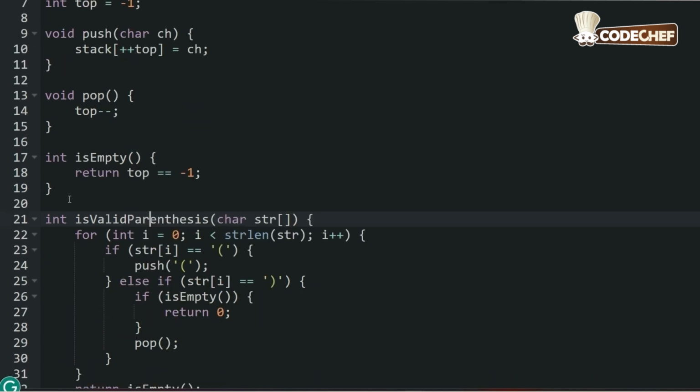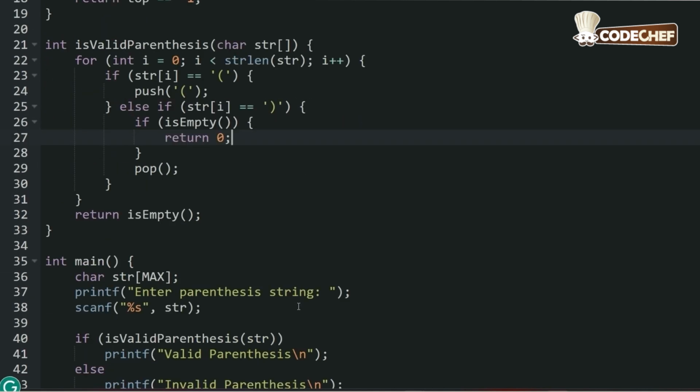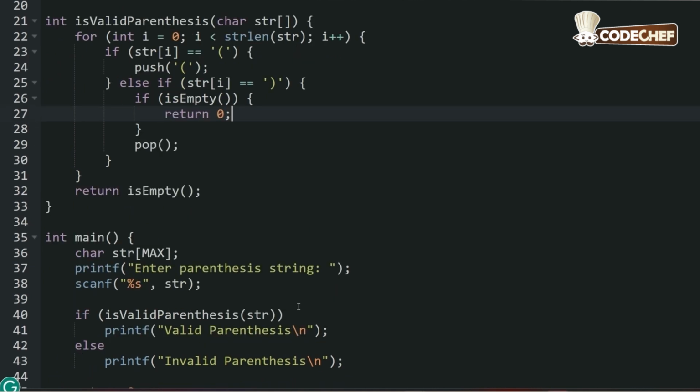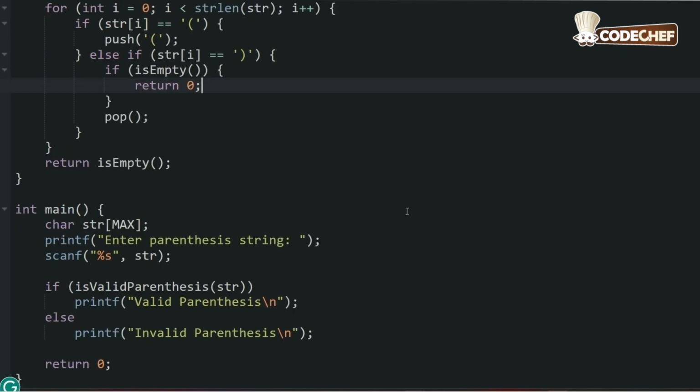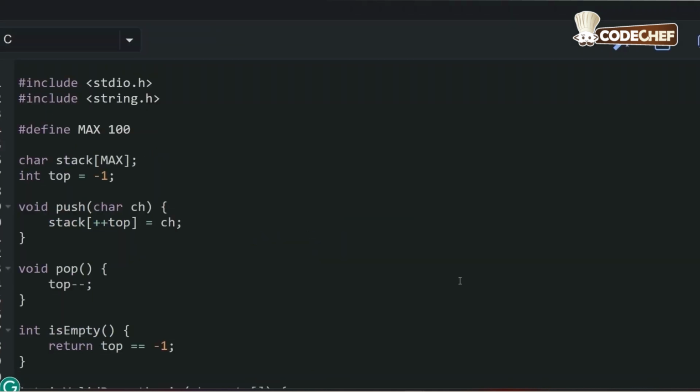In the valid parentheses function, we scan the string character by character and push the opening parentheses into the stack. For closing parentheses, we pop, but only if the stack is not empty. At the end, if the stack is empty, all brackets matched correctly, otherwise some opening brackets were left unmatched. So we enter our parentheses string, and if it's valid, it prints valid, and if not, it prints invalid.